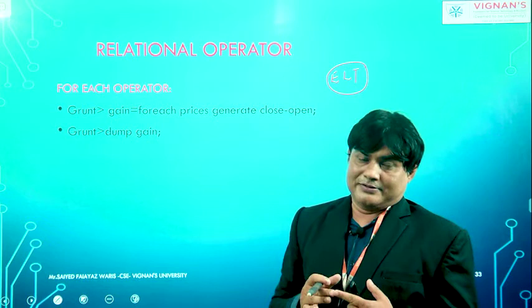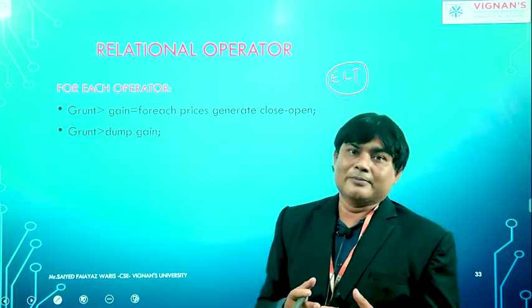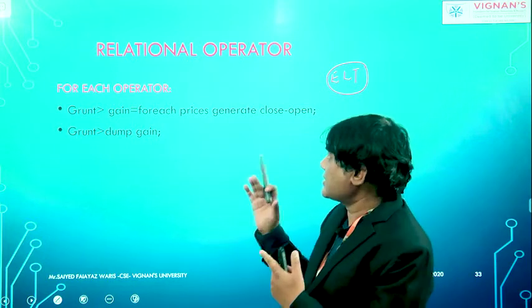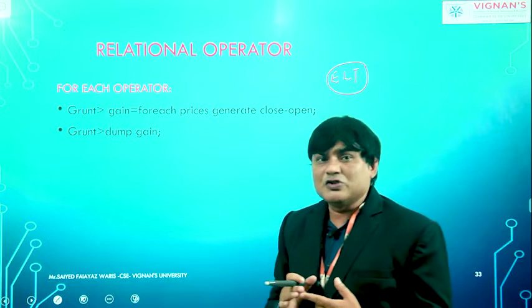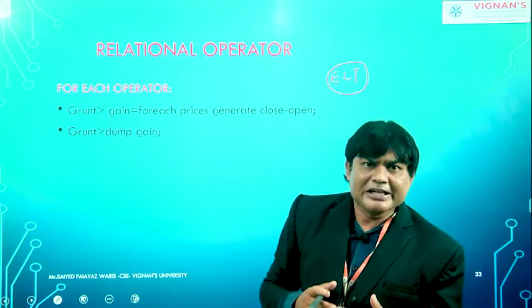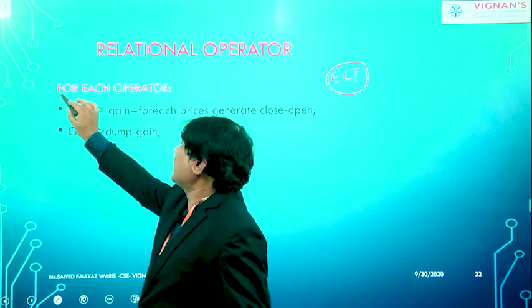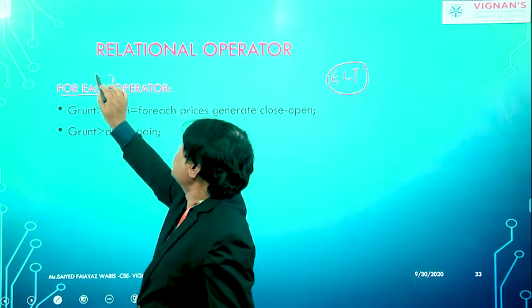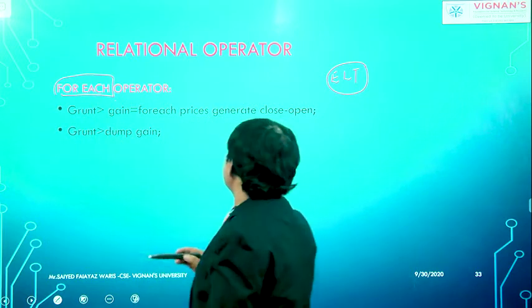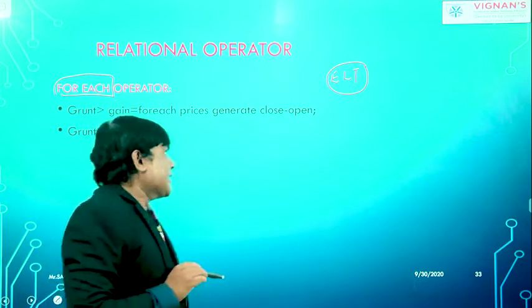Now you understand the meaning of relation, right? Relation means, of course, a table. Here also you can use relational operators just like tables. The first operator which is very famous in Pig Latin script is the FOREACH operator. This is the name of the relational operator, the FOREACH operator.